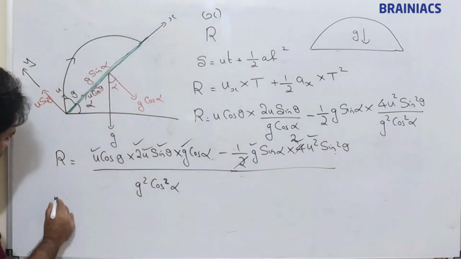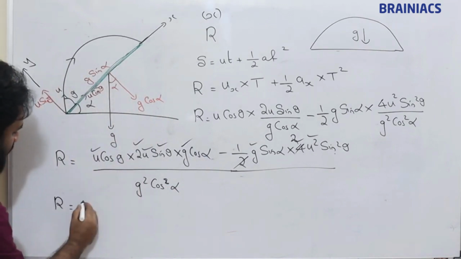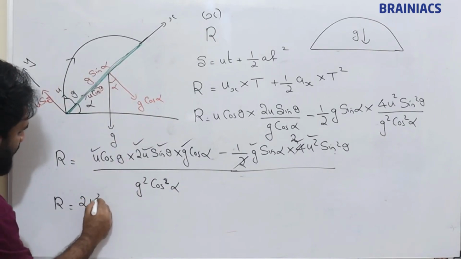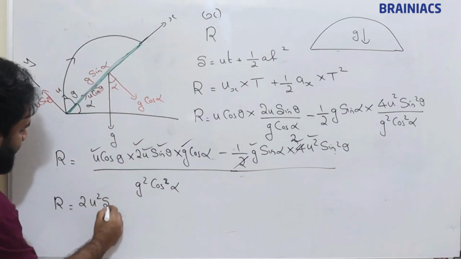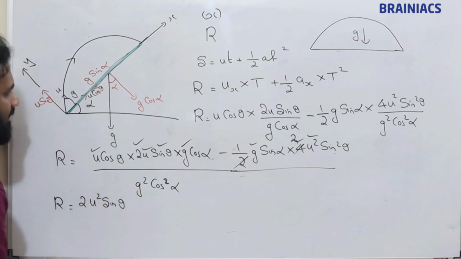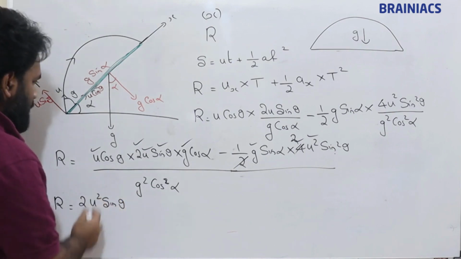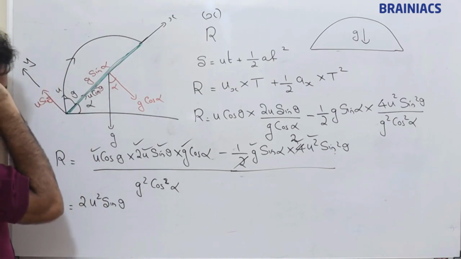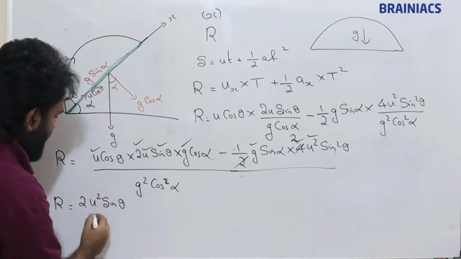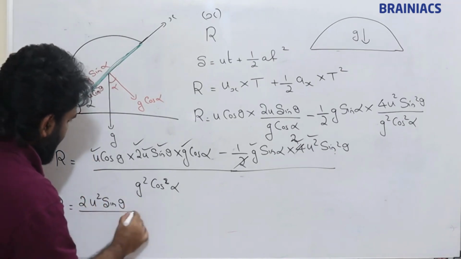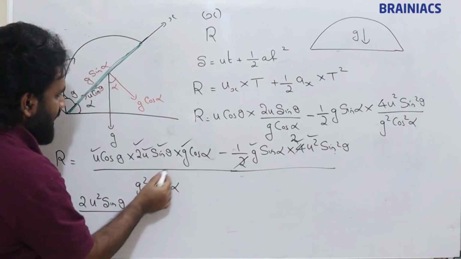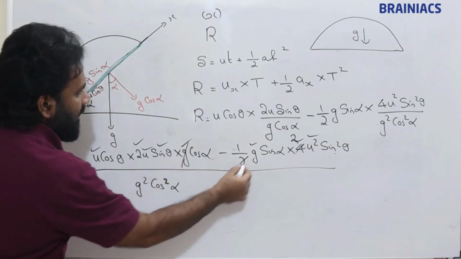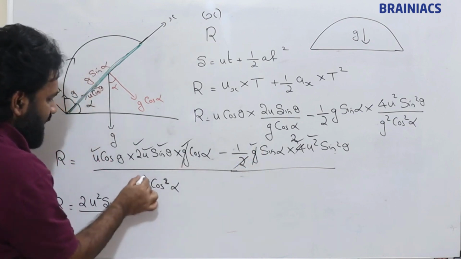You can see, look here, R is equal to 2u square sin theta, and divided by, so here one g is there, here also one g is there, this will cancel with this